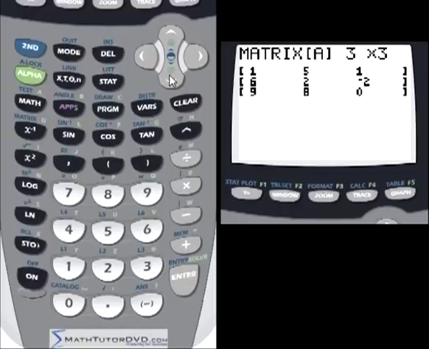So rather than talk about it, let's just go and look at this. Let me go ahead and change this from a 3x3 to a 3x4 to make 4 columns. So after I've changed it to a 3x4 matrix, I want to go ahead and change the matrix itself to a system of equations that I happen to